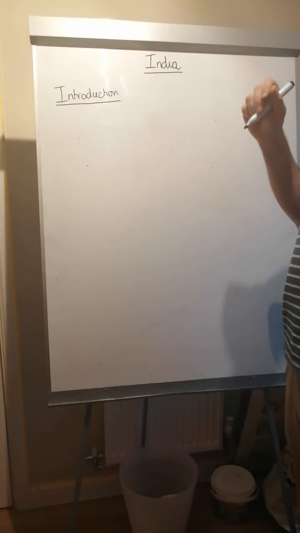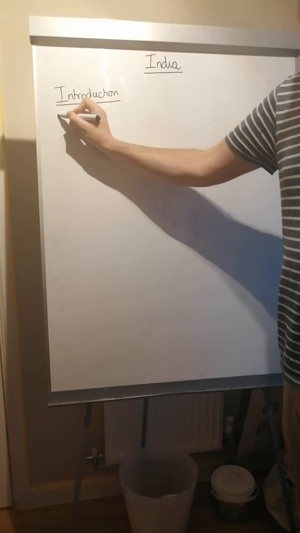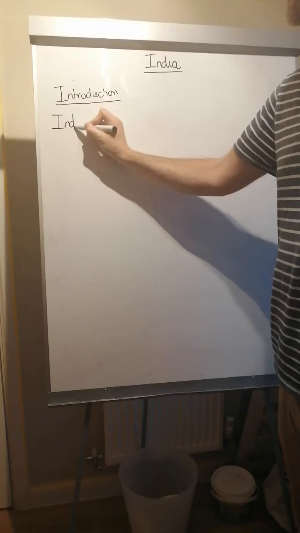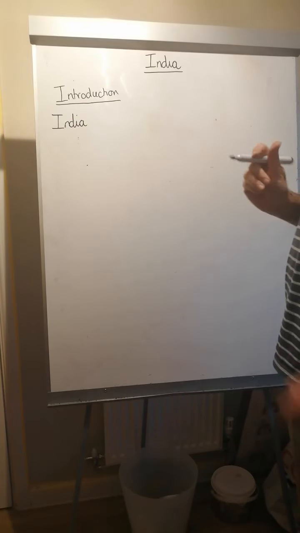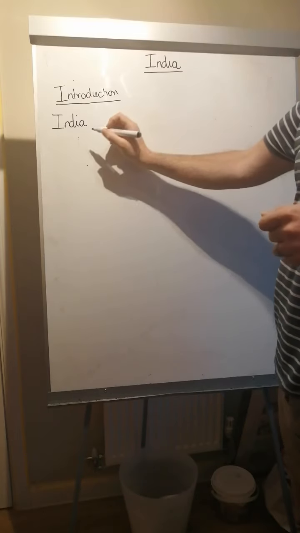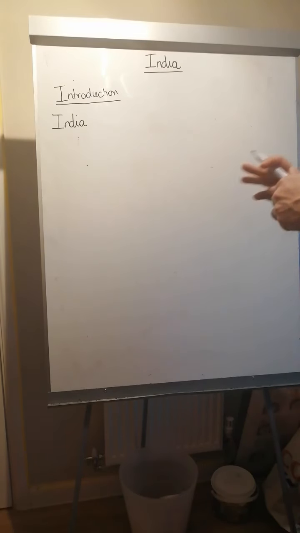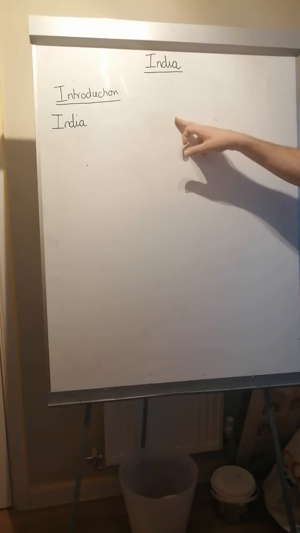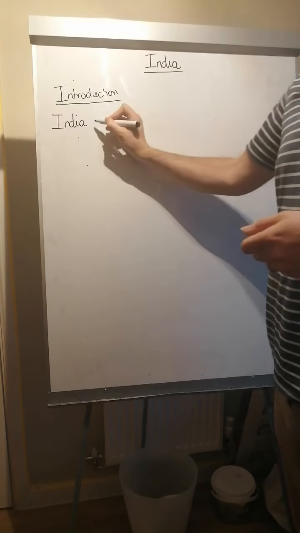So you should all have your toolkits in your pack. Start of a sentence, capital letter, happens to be a name as well. So India. Year 2s, you should be joining your letters now. Year 1s, we've been joining sounds this year, so you could have a go at joining your sounds, if not all your writing. So India is, my second sentence from my plan was the fact that it was the second most populated country, but it will be the first, and I need to put that into a sentence. Okay, I can't just write India, second biggest, will be the first. Doesn't make sense. So India is